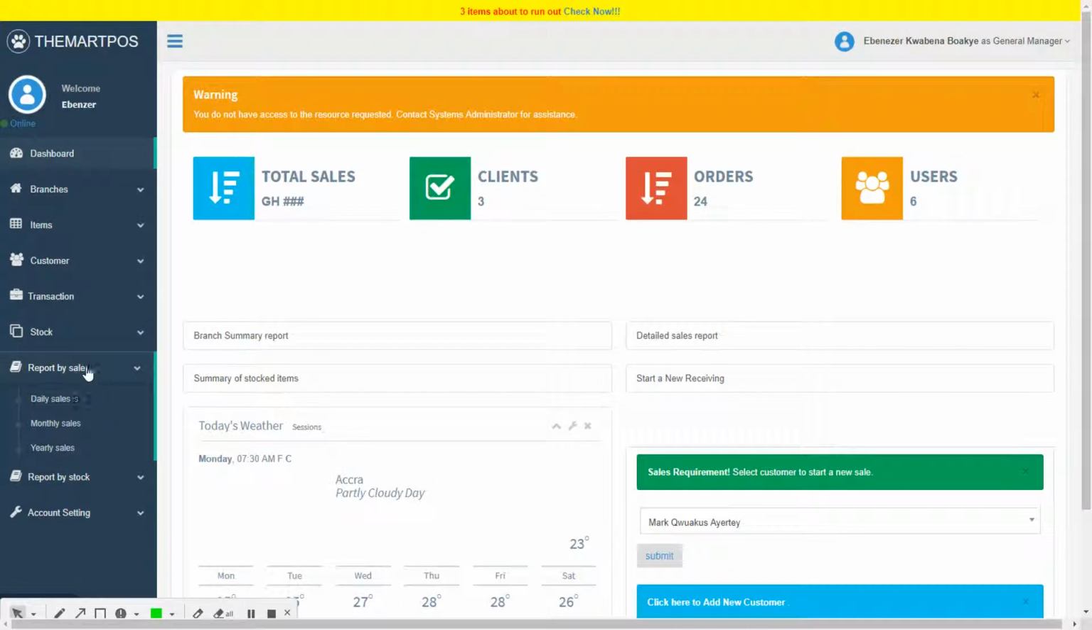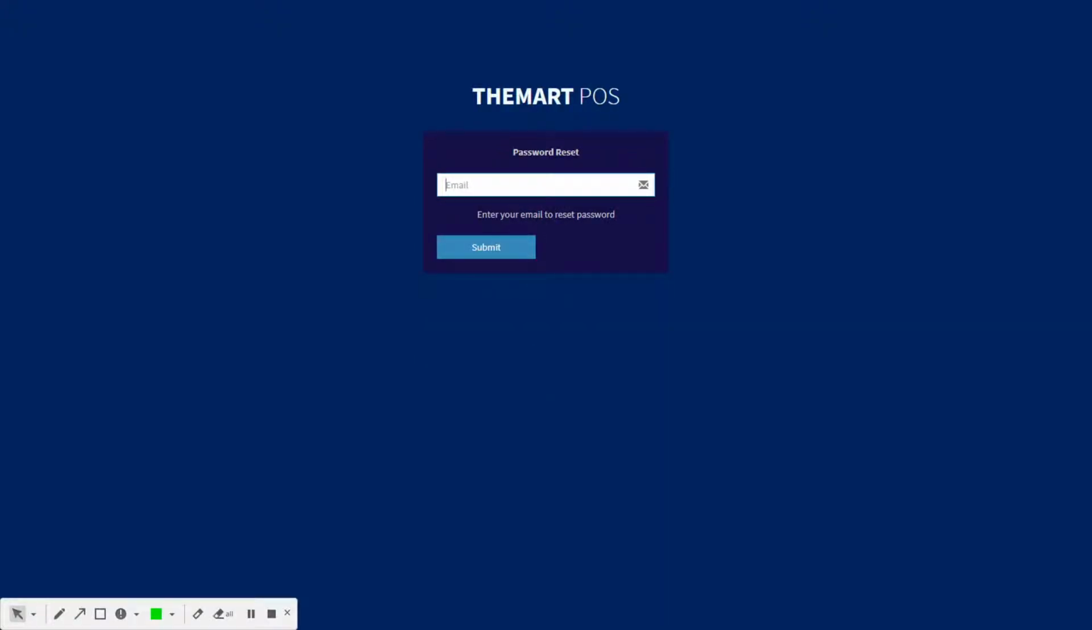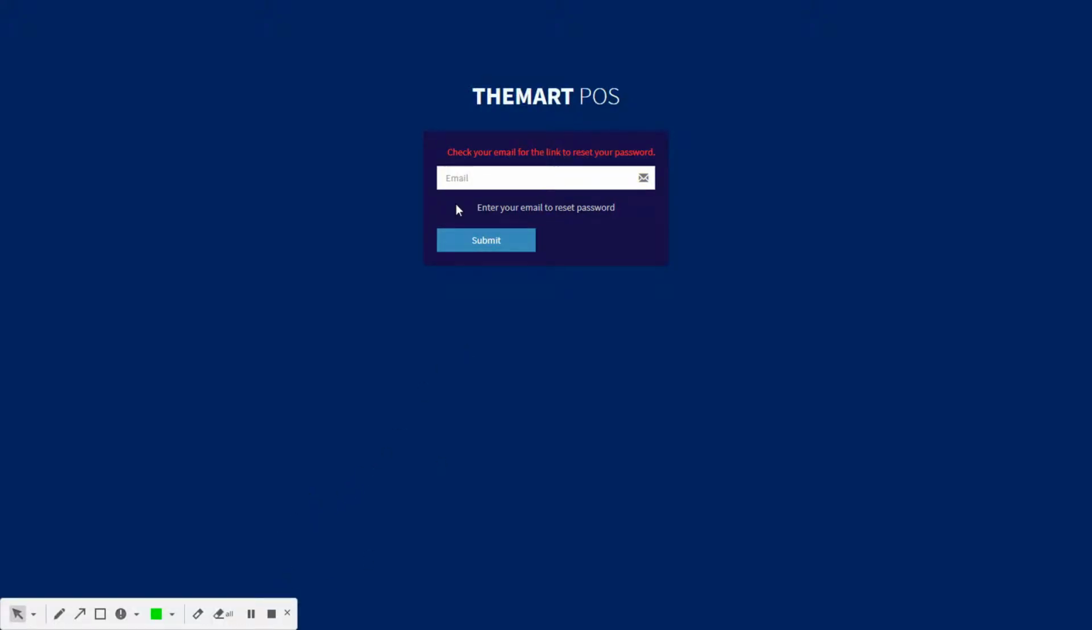And then let's say maybe you forgot your Gmail whilst logging in. Let's log out. You forgot your Gmail account or your password whilst logging in. What you do is that if you forget your password, you click on the forgot password section, and then you restore by entering in your email and you submit. You will have a notification in your mail account. Check your mail for the link